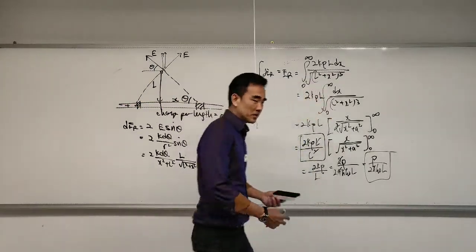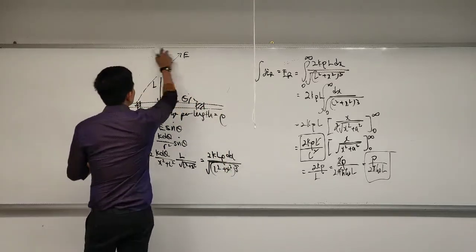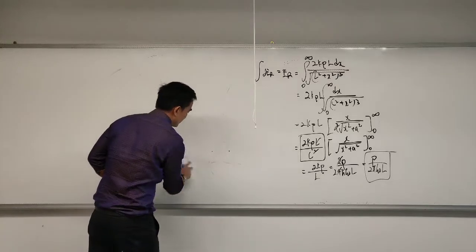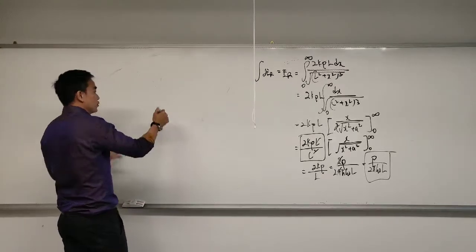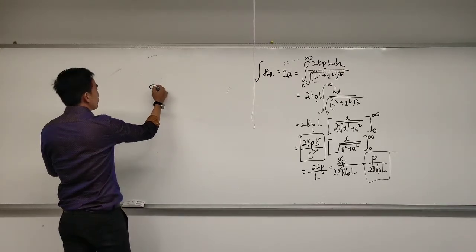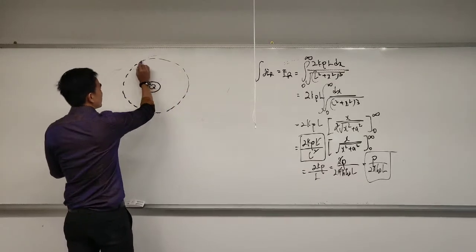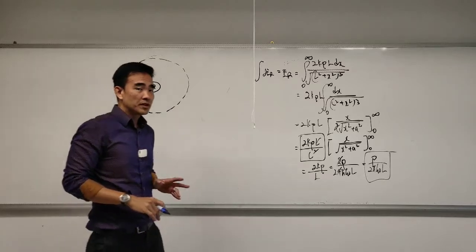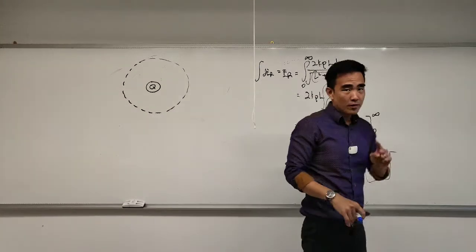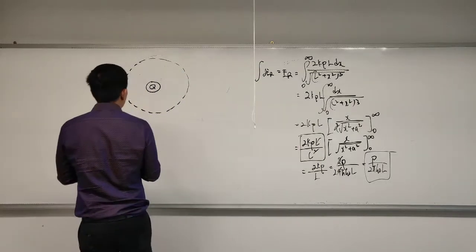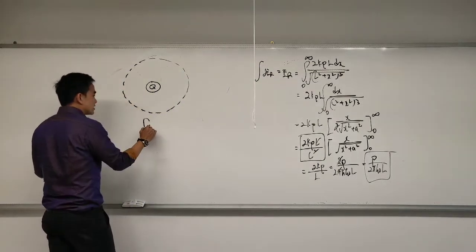So let's begin with what is meant by Gauss's Law. What Gauss's Law states is, if you've got a charge over here, and you create a surface, a Gaussian surface, and don't be mistaken, this surface can be of any shape, but there's a reason why we choose this shape. It says that if you were to define a shape, in this case a spherical shape, if you sum up